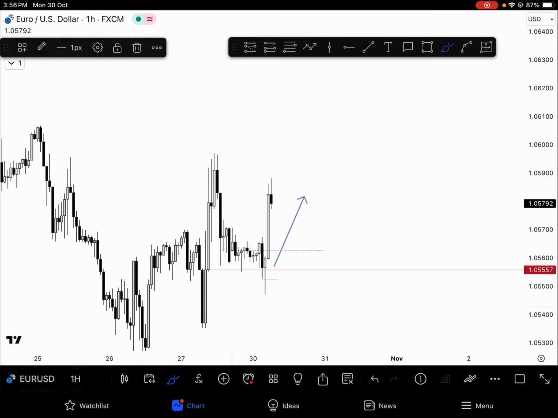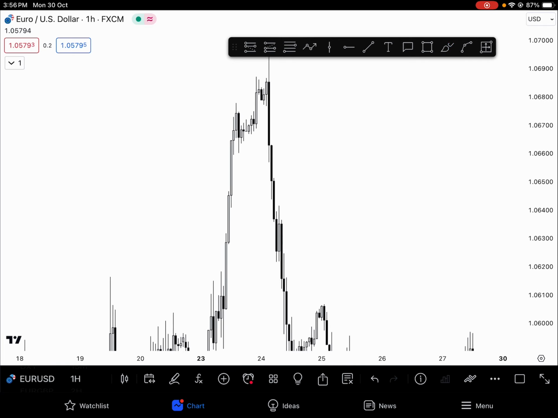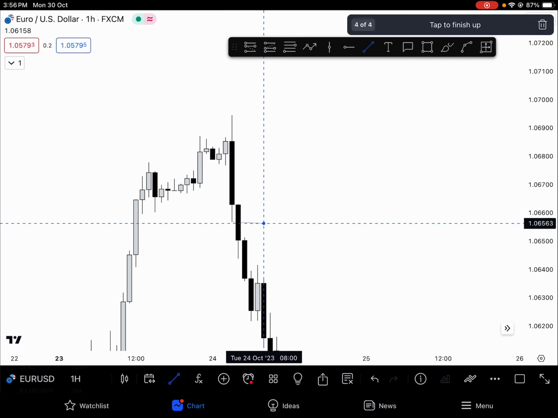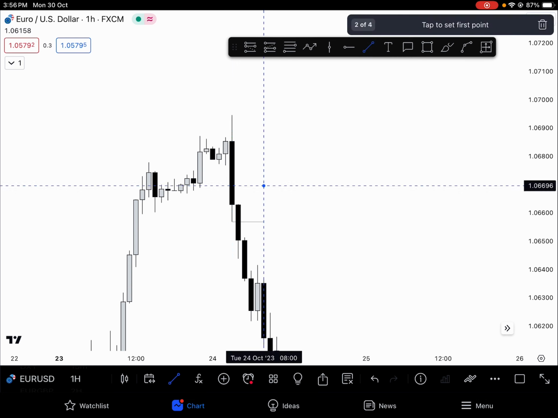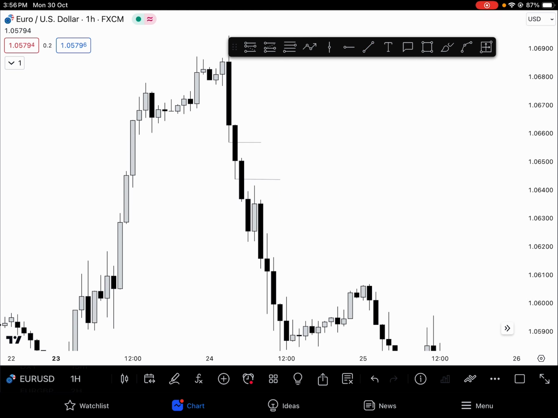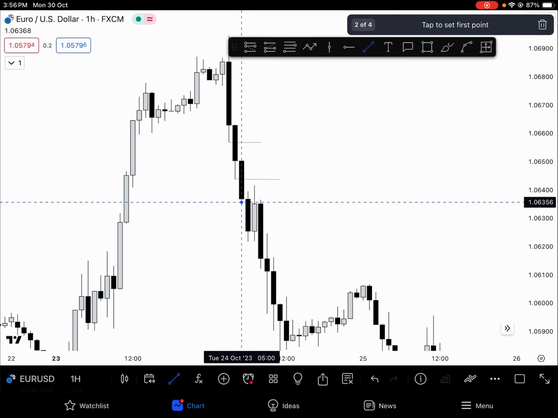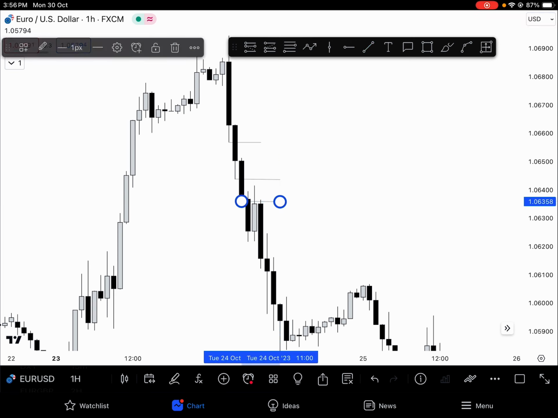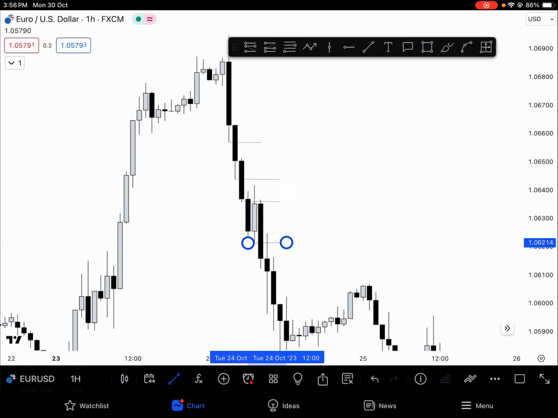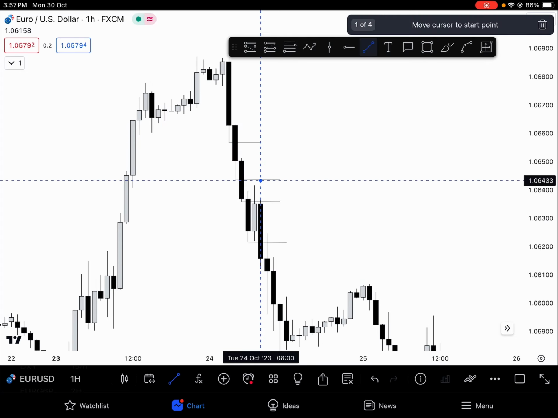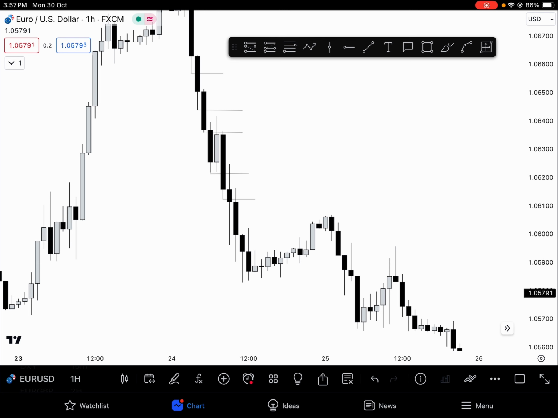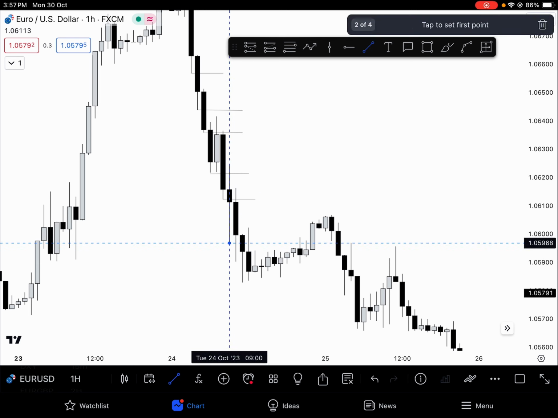Now here, look, this whole time price was closing, right? Closing below these lows, closing below these lows. So what does it mean? It means you can expect continuation of this move. It is again closing, again it is closing. So we can anticipate that if the price is closing above this candle, then price is going to continue this move here.